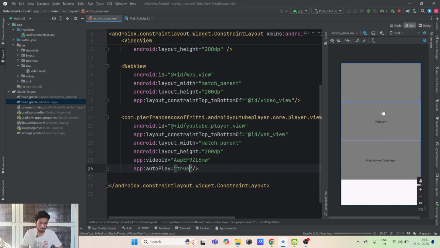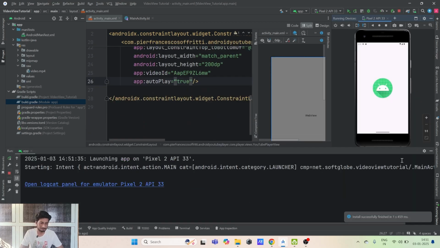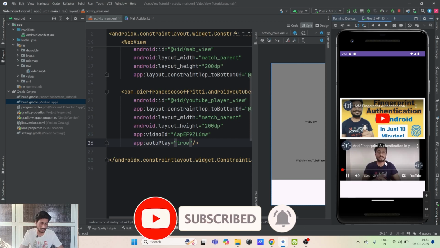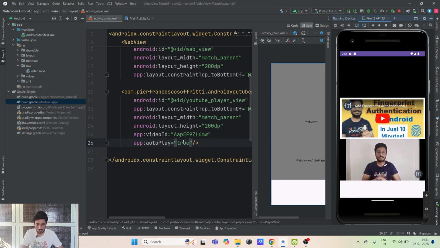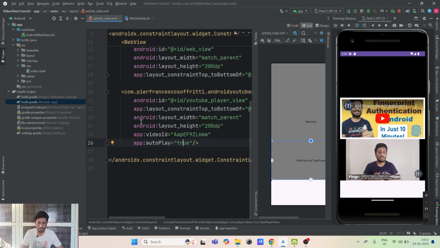Now let's rerun our application and see if the behavior is the same or something different. It will be the same. So yes, the video has already loaded and it has already started. If you put false here, it won't autoplay. So without any coding from the Kotlin side, you can have this video integrated in your application with just one simple attribute, that is video ID. So this is very convenient and easy to use and a recommended way to show YouTube videos in your own Android